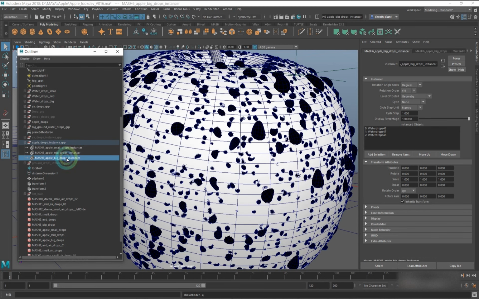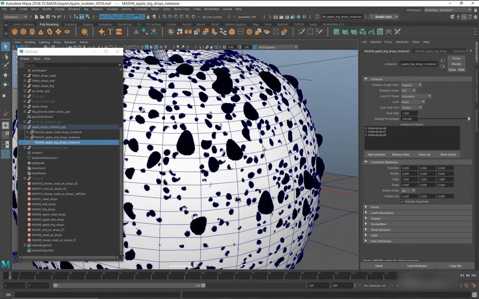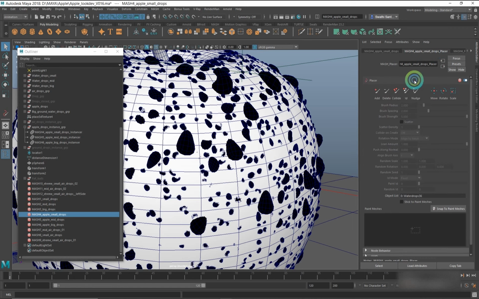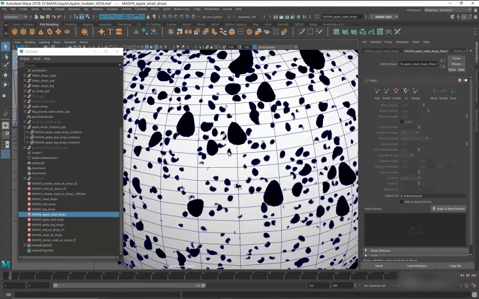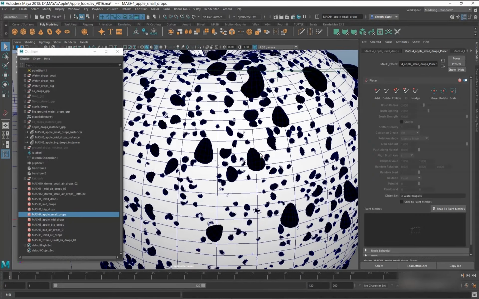So these are the variations I've done. And for the overlapping meshes, I've used placer nodes here for manually placing, removing, and moving things on the surface.